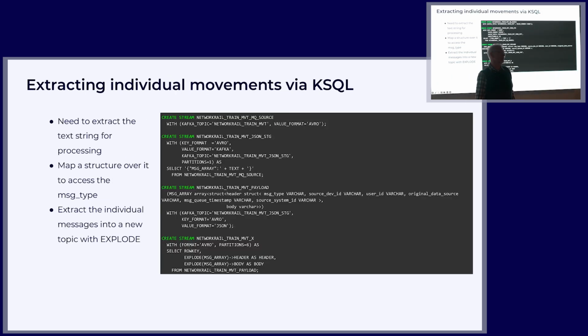So here's a bit of KSQL code that actually does some of the extraction. The first thing is I dump it in a topic. I need to declare to KSQL that this is a stream, which I do with the CREATE STREAM on top of that. It doesn't do anything, it's just a declaration. And then I have to extract the actual field I'm interested in, which within the Kafka world is a single big string that contains all the JSON messages. And then I can put a schema on top of that and pull it out and use the explode method to actually get the individual messages out. So that's the exploder down there.